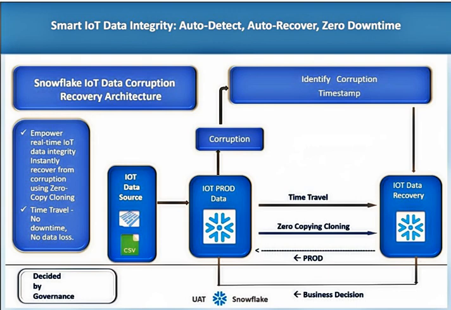Well, this architecture has a really key automated step, figuring out the exact time the corruption happened. It sets a clear line, basically. Data was good before this point, could be bad after. Knowing the when is the first step to fixing the what. Okay, makes sense. Detect, timestamp. Got it. Now, the recovery, how does it actually roll back to a good state instantly without pulling